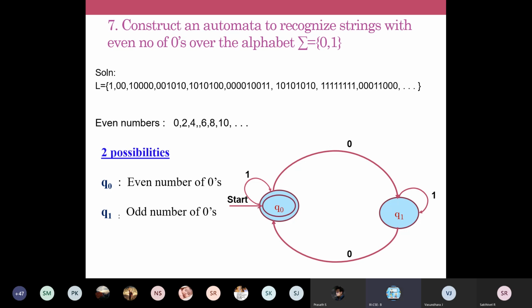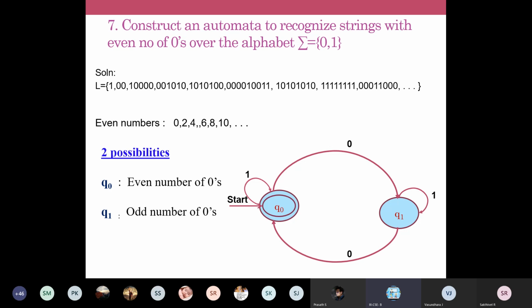You construct the DFA. What shall we do? For even number of zeros, in the problem it is not given that you should have even number of ones or odd number of ones. Nothing is given about your ones. Only the information about zeros is given. No condition is given for the number of ones, which means you can have any number of ones, either even or odd. For any number of ones, your automata should accept those strings.